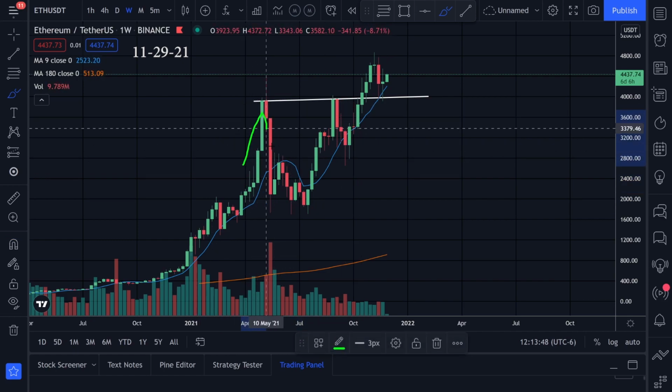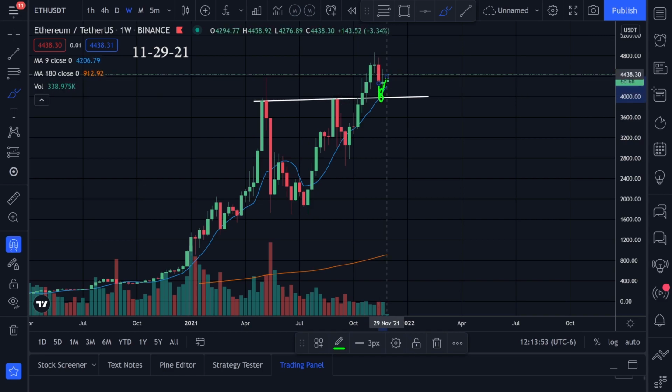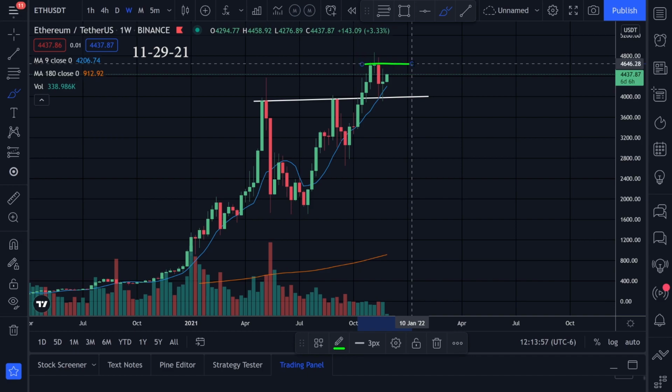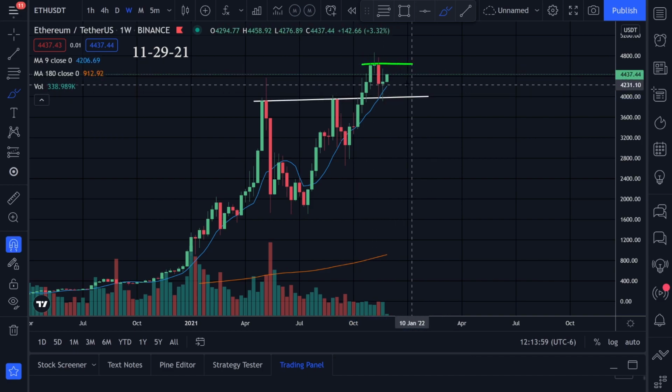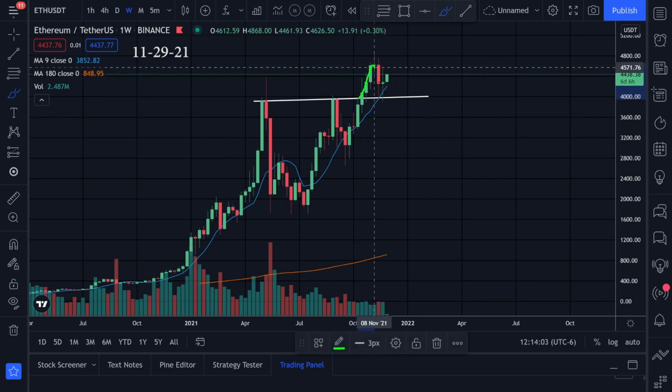instead of acting as resistance like it did right here. We got resistance, broke through it. Now we're getting support. We got a bounce right there. Let's see if we could keep bouncing in this area right here. What I'm thinking is we're trading in this area from this zone right here to this zone right here. We have a top right here and the bottom right there, and hopefully we could trade like this